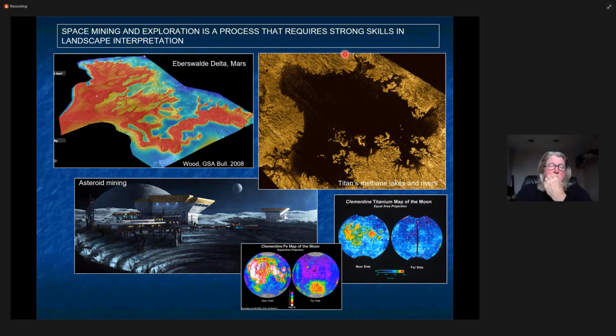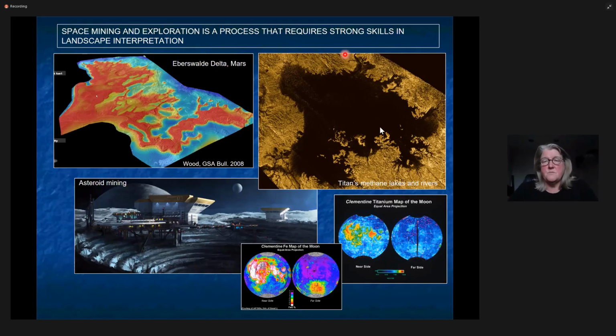for years we've worked on these systems, and believe it or not, this is not an if, this is a when this is going to happen. And at Colorado School of Mines, we offer a graduate degree in space resources. This is for mining space resources, both on asteroids and on the moon. We've talked a lot about Mars and the deltas and things on Mars, but where the action is really happening are on asteroids and on the moon.